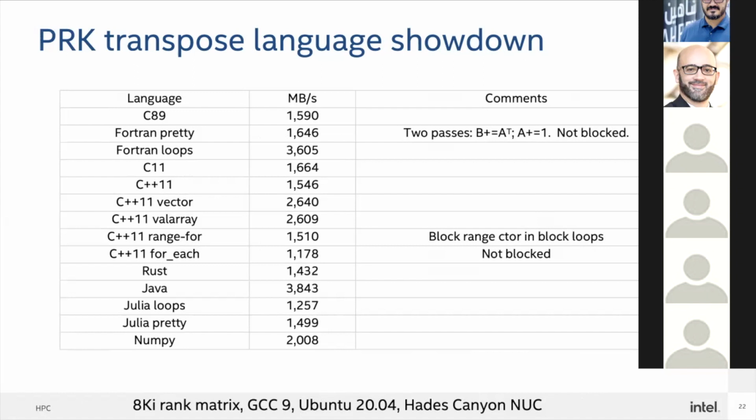One thing you can see in the C++ cases is that if you use range-based for or for each, you lose some things. Some of that is because of how you can block the loops. It's also that there's some impact from the compiler and when you use a template versus a normal construct. But Julia comes out pretty well here, as does NumPy. NumPy is obviously using an intrinsic for matrix transpose. And Rust now catches up and is roughly on par with C. But it probably could be better.